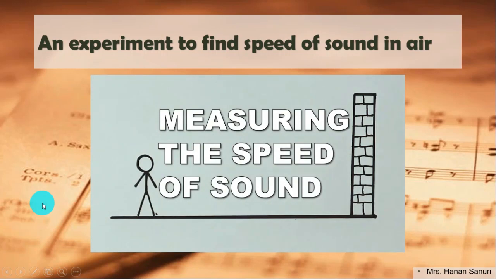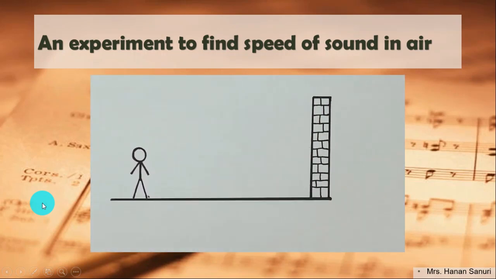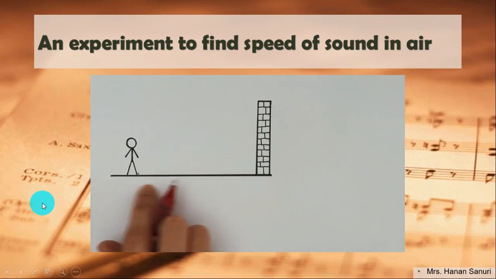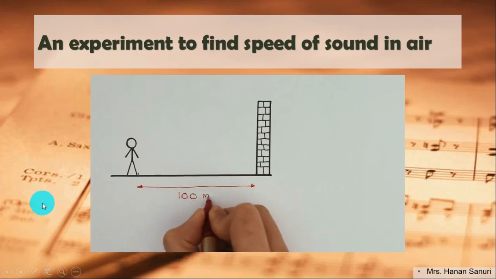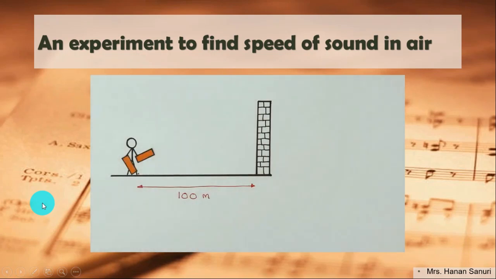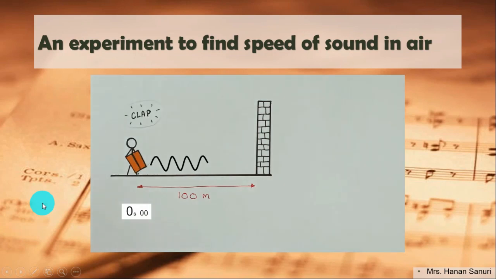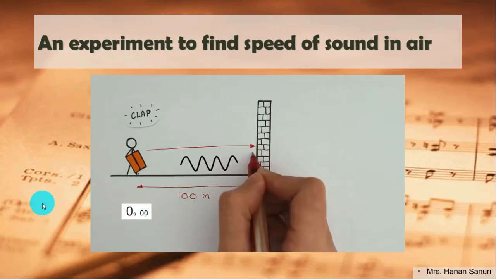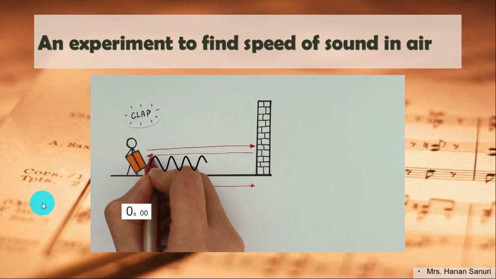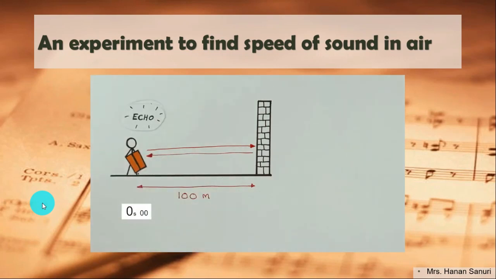How do we measure the speed of sound using some wooden blocks and a wall? We take a measuring wheel to measure the distance between this man and the wall. Let's say that's 100 meters. We give this man 2 wooden blocks, or a wooden clapper if you've got one. Then we stand right next to him and have our timer ready. When he claps the blocks together, the sound wave of the clap will travel towards the wall. It gets reflected at the wall and then travels back towards us so that we can hear its echo. So we're going to start the timer when he claps, and stop the timer when we hear the echo. Ready?